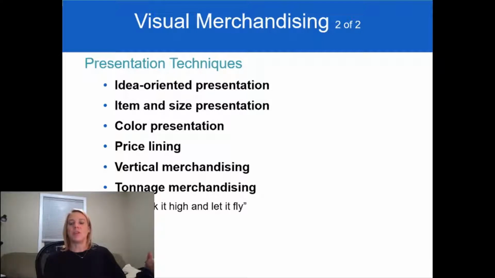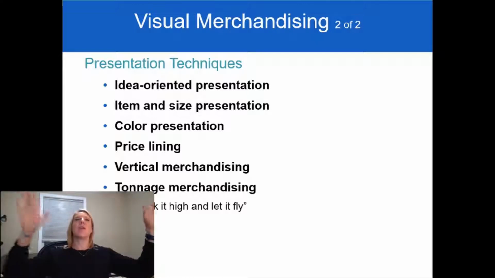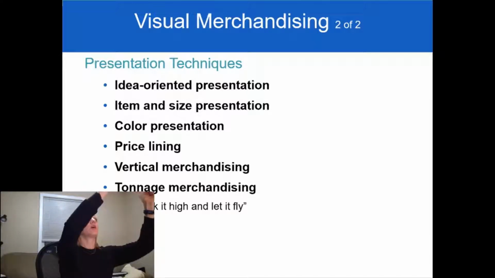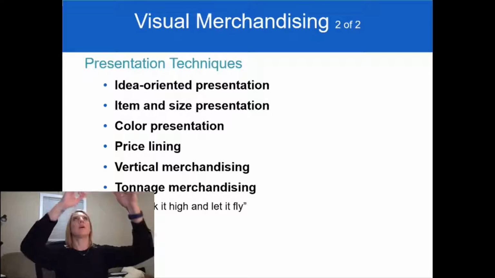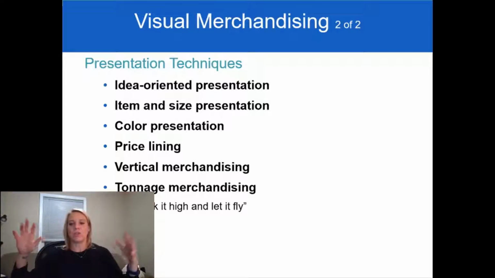Customers tend to shop the way they read a newspaper, so from left to right, going down each column, top to bottom. So when you have vertical merchandising, people are going to start on the left, they're going to go top to bottom, move to the right, top to bottom. So that's how you want to stock your merchandise, or that's what you want to keep in mind when you're